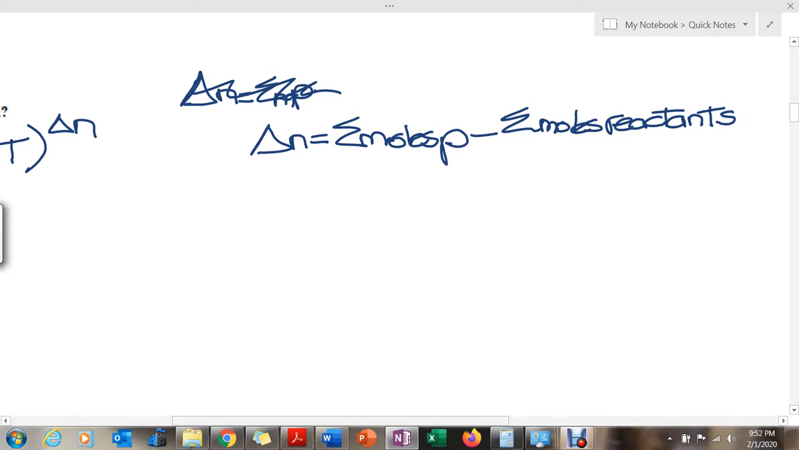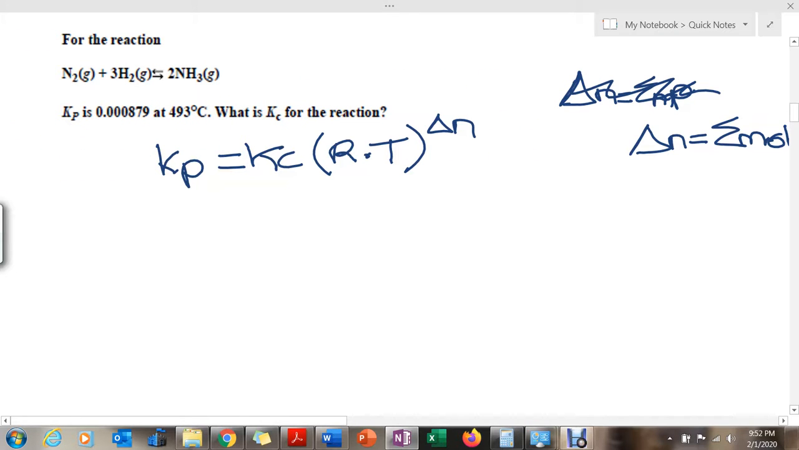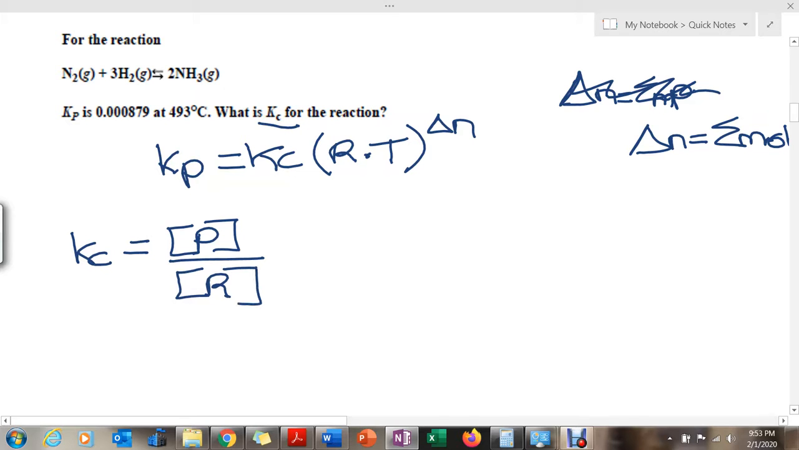Okay, so we got here to find out the Kc. This equation really comes from the expression of Kc, also called K, that is the concentration of the products divided by the concentration of the reactants. And it comes from the ideal gas equation, PV equals nRT. When you want to take it to Kp, you're going to go ahead,